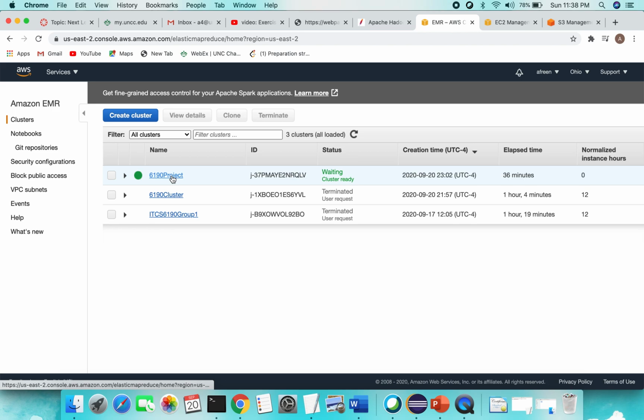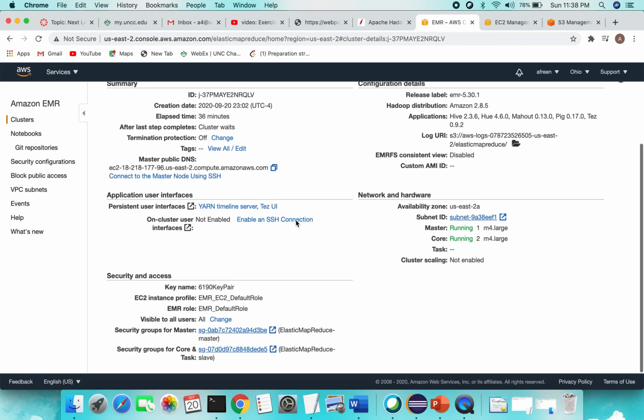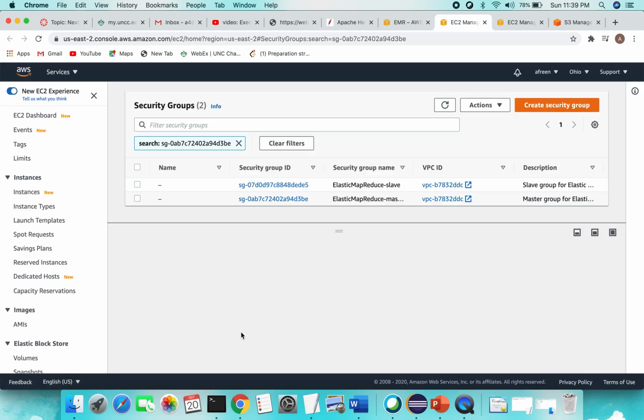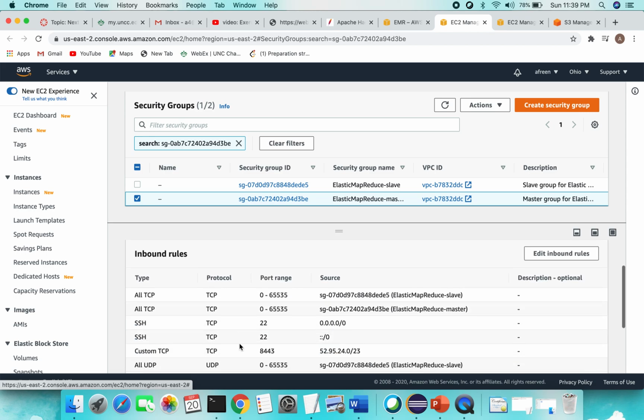So I just created a cluster and I have it up and running. One thing you have to ensure is that in the master you should have an inbound rule that allows SSH enabled. You can select master, edit the inbound rule, add SSH and say anywhere. That will allow your Mac to connect through SSH to the master node. So now that the cluster is set,